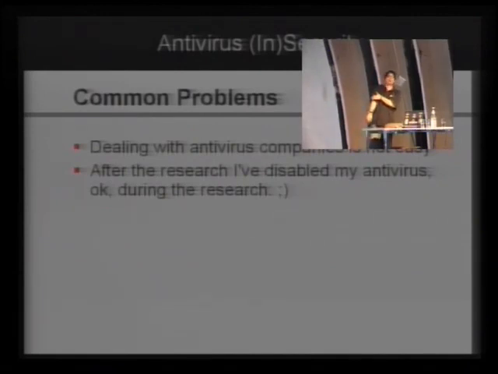Another common problem is that, and this is not with all the antivirus companies, there are many companies that are really nice to deal with and really kind. And there are some other ones that are really, really tough. I think everybody saw my mail about Norman, guys. There was another one that I didn't want to mention. But these guys are really difficult to deal with, especially the big ones. Symantec is somehow difficult, at least if you don't know the right mail, and I didn't.